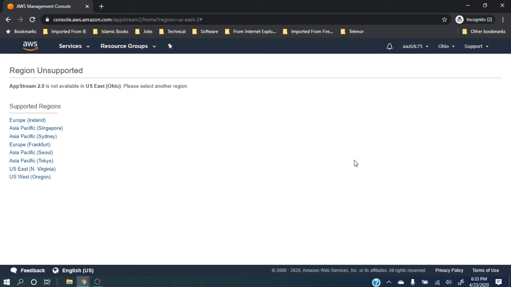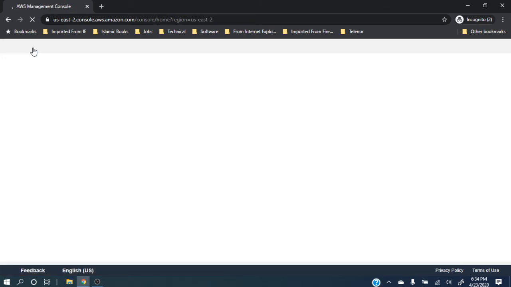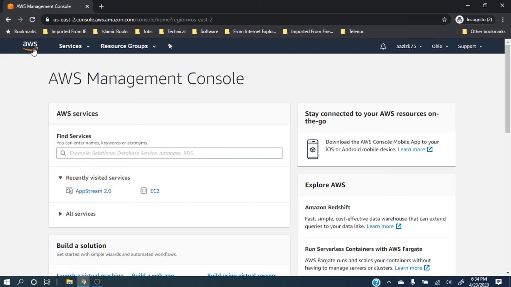Here I just tried to go into AppStream, and I was told that the region I have right now does not support AppStream. It gives me alternate locations, but at least my flow was broken. I was trying to explore, and then I was routed in a different direction. So that is how I feel, personally, from what I have seen,